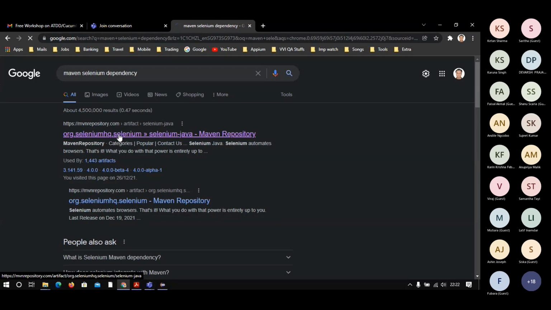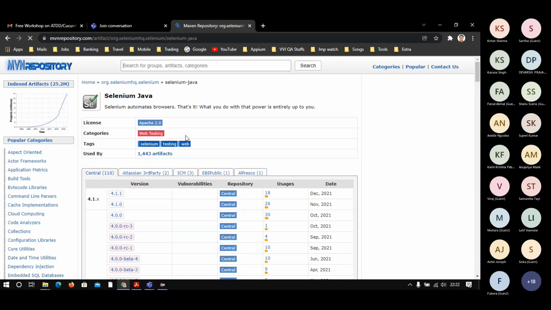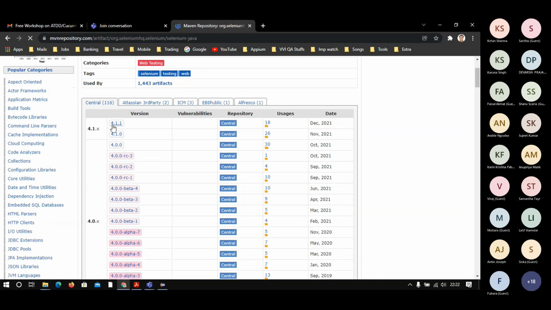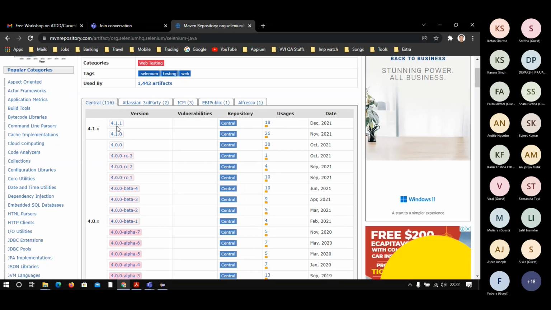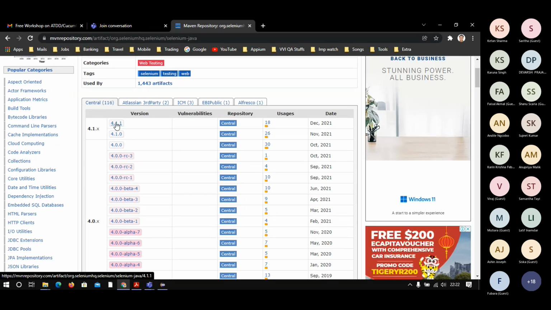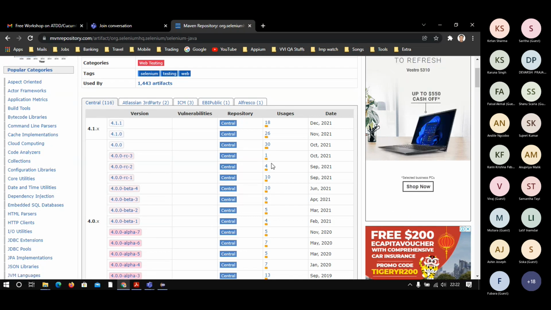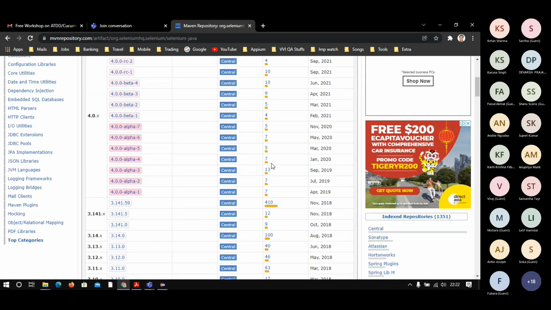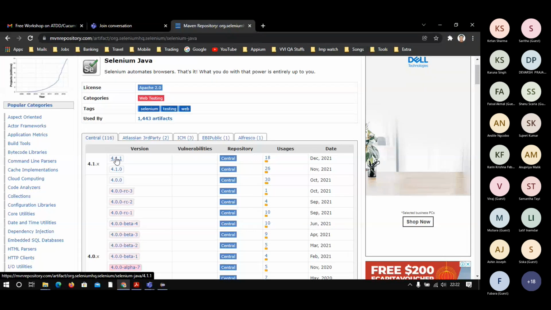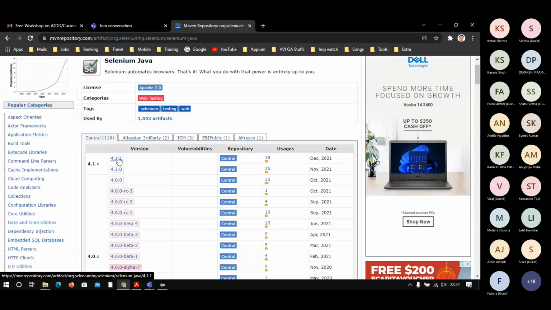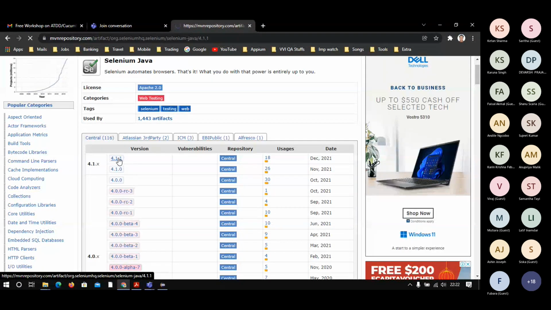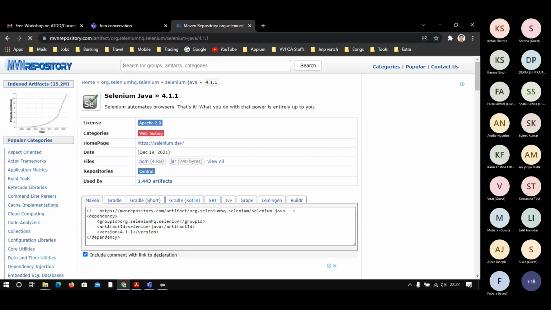You click here, and then you check for the latest version or stable version. Based on the number of uses, you can track which one is the most stable one. I am just proceeding with 4.1.1. If I click here, you will see this structure coming.